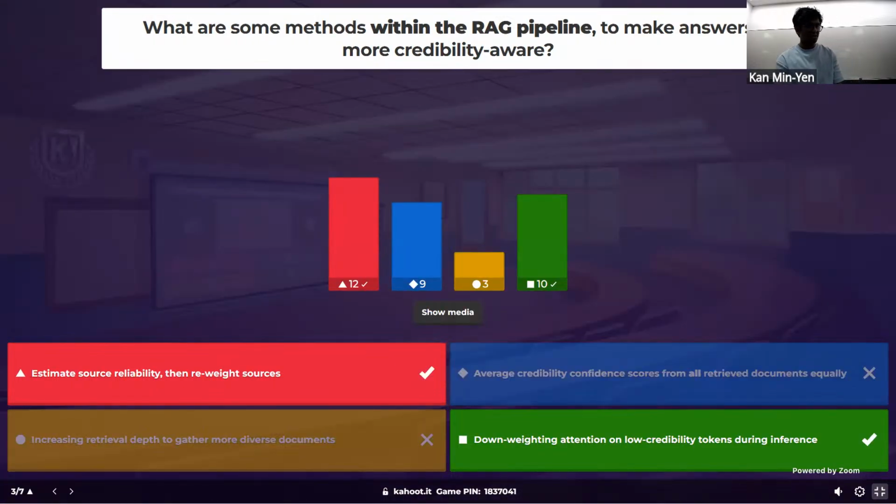So the answer is estimate source reliability, then reweight the sources, downweighting attention on low credibility tokens during inference.